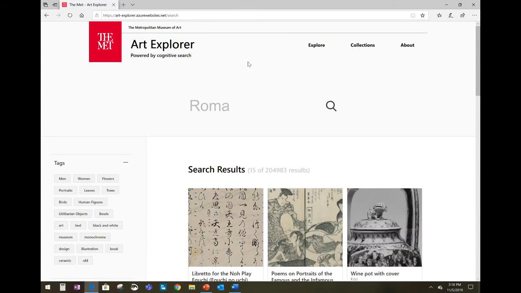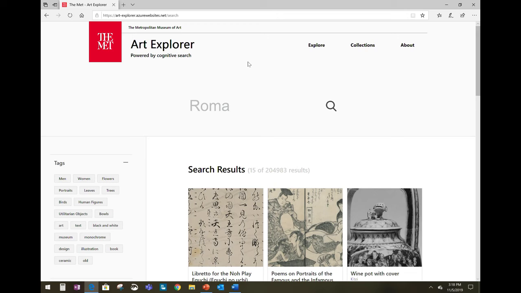So this is the demo wherein we have built this space for the Met, where you can go in, all the art is tagged, kept here, and you can actually search for it. So let's start with a search and let's see how, because of Azure Cognitive Search, you are able to find these relationships and actually go from one art to the other and get to very new things that you can